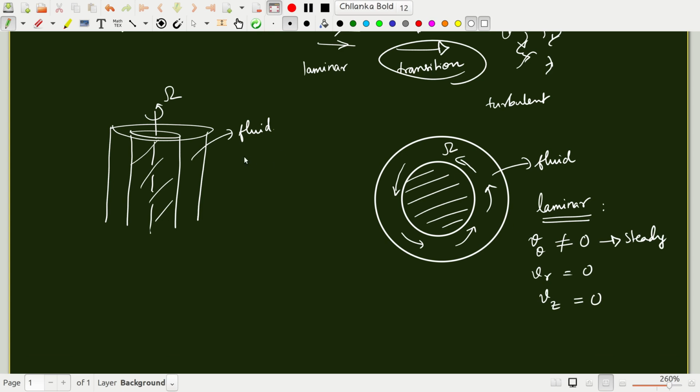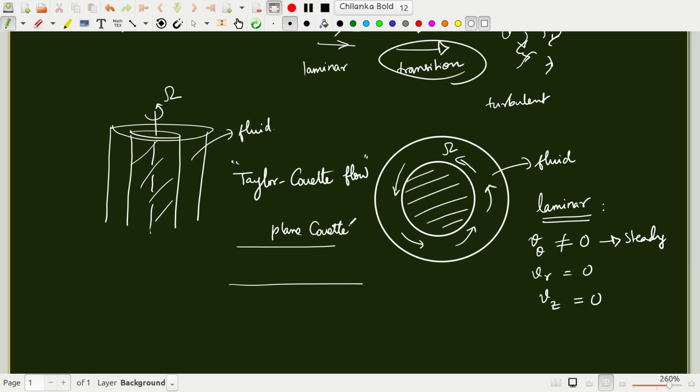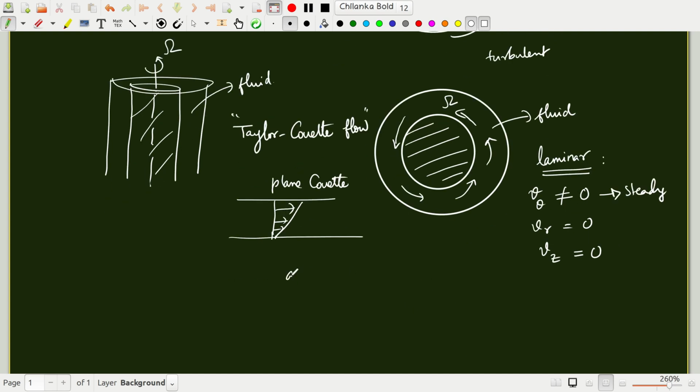Okay, this geometry and the associated flow is called the Taylor-Couette flow. Okay, this is different from the plane Couette flow, which is the flow that is generated when there is relative motion between two parallel plates. The Taylor-Couette flow is the circular or cylindrical version of it, but one might imagine that in the limit when the gap thickness